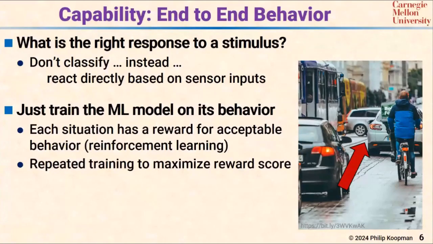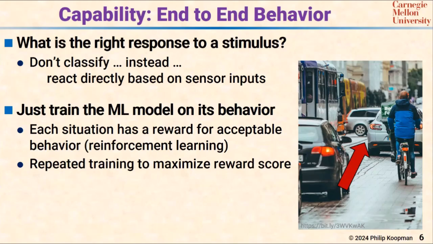And what it does, it runs through a simulator a bunch of times, and sometimes it turns right and hits the bicyclist and you say that's bad. And sometimes it goes straight and maybe nearly misses them, and that's not so good. And then sometimes it swerves left and that's good. And you just run the simulations over and over and over. You give it a score of how it's doing, and it hill climbs the score until it gets a good score by modifying its behavior.